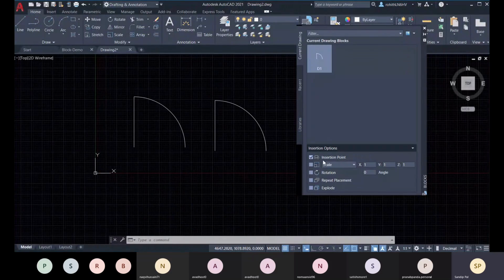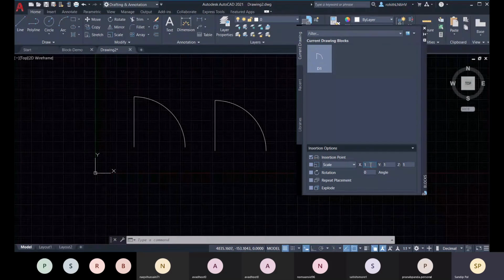So better we go with this insertion point and specify it manually. That will be easier for us because we don't have to find out the coordinate values. Now about the scaling, here you can go for the scaling. So let me choose the scaling.